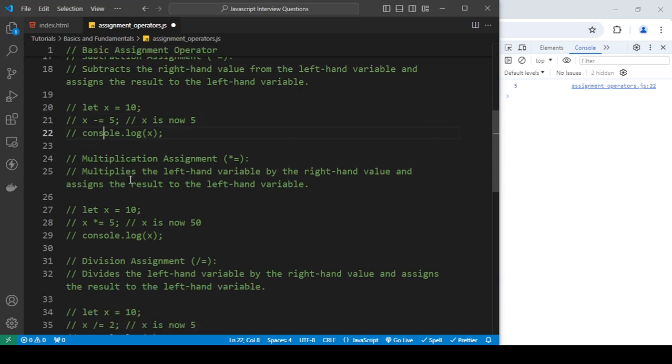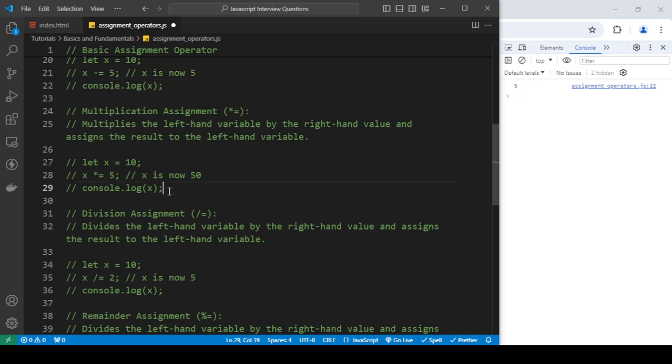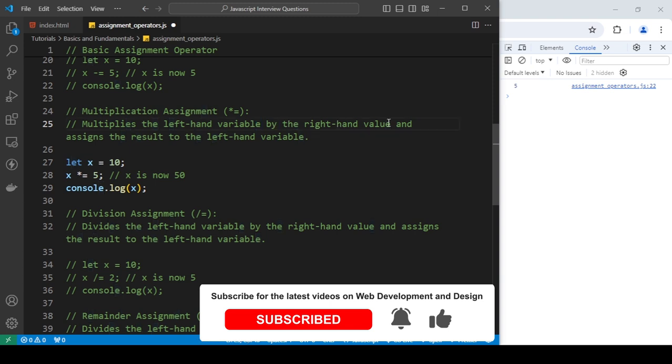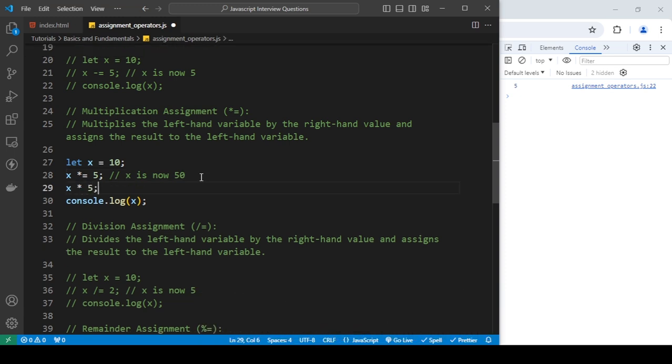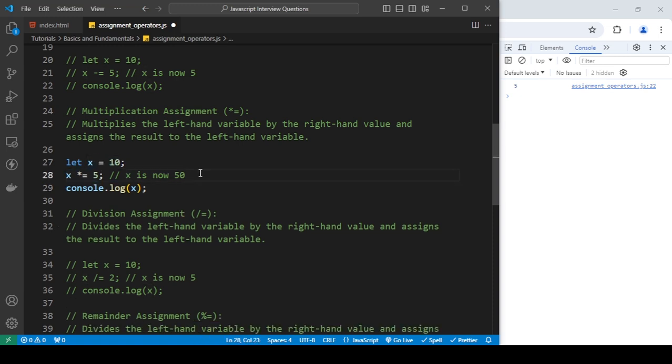Okay, let's go to multiplication, which is also basically the same thing. Multiplies the left hand variable by the right hand value and assigns the result to the left hand variable. Okay, which is just again x multiply by 5, and then I want to put x multiplied by 5 into x. That's it. That's what is happening with this. And let me just show you the results here. See,